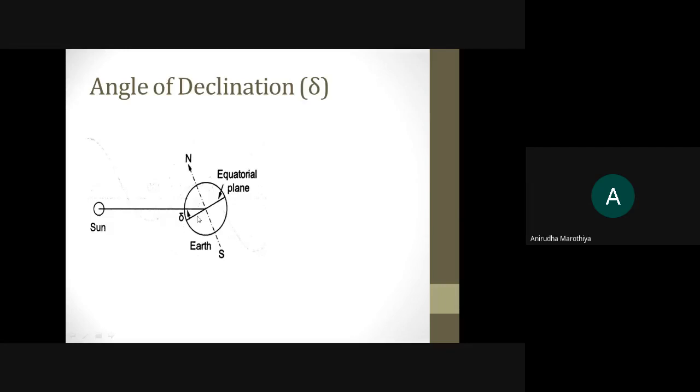And in the next instant, it may be possible that the Sun will shift below the Earth equatorial plane. So what I mean is, with respect to the Earth equatorial plane, the Sun continuously changes its position in the upward direction, then comes back to the normal line, and then will move in the downward direction. That variation of the Sun, or you can say the angular displacement of the Sun with respect to the Earth equatorial plane, is defined by an angle known as the angle of declination, and it is indicated by the symbol del. Are you getting my point? Yes sir.